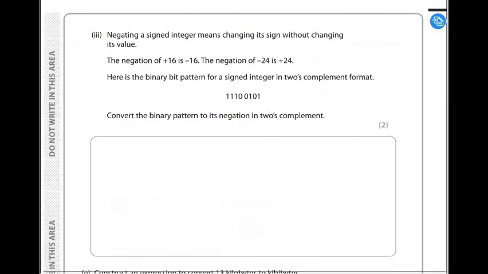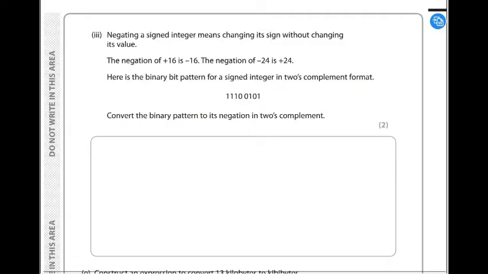Next part, we now have, so now we are negating a signed integer, which means changing its sign without its value. So the negation of plus 16 is minus 16. The negation of minus 24 is plus 24. So let's say we've got